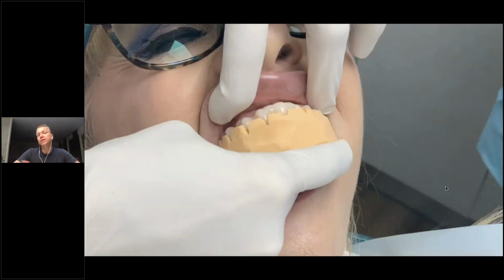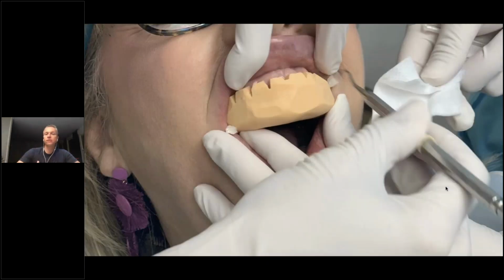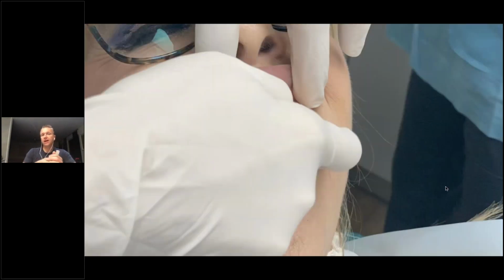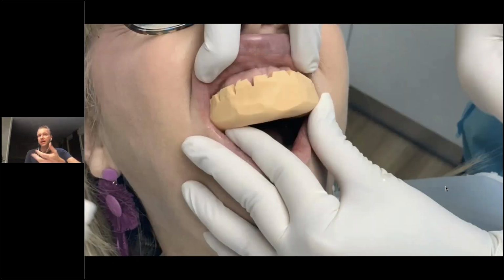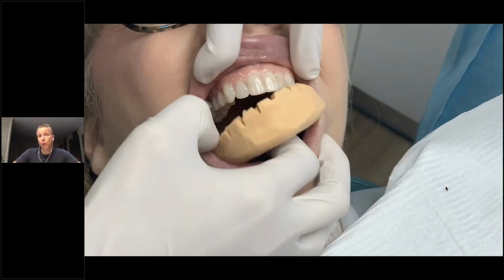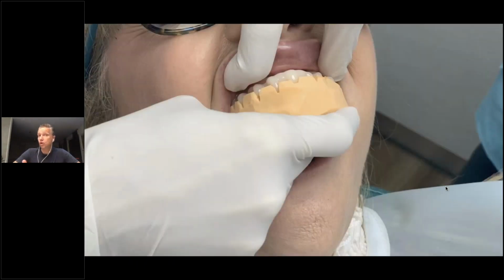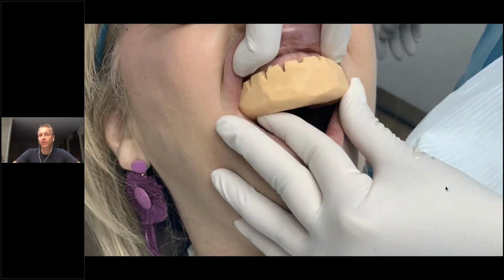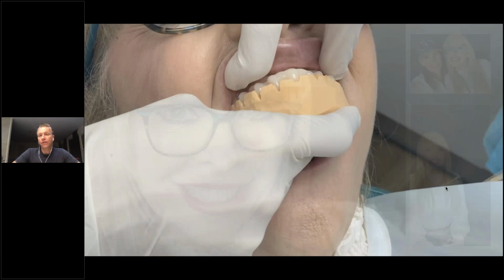So you see here from that 3D model, we make that orange piece of matrix from that model. The doctor fills in Luxatemp or any other resin material and just seats that in the patient's mouth. And that gives the patient an idea how the smile could look. By the way, I would be happy to be able to work as fast as the doctor. Anyway,